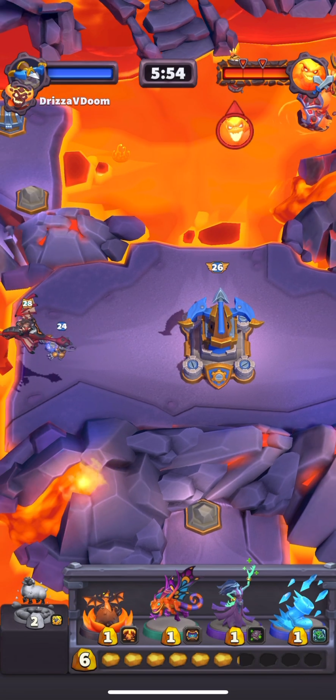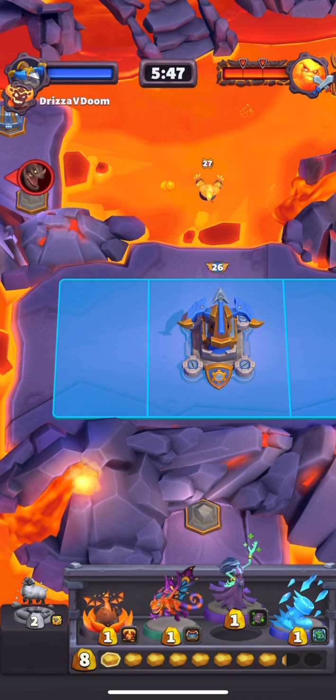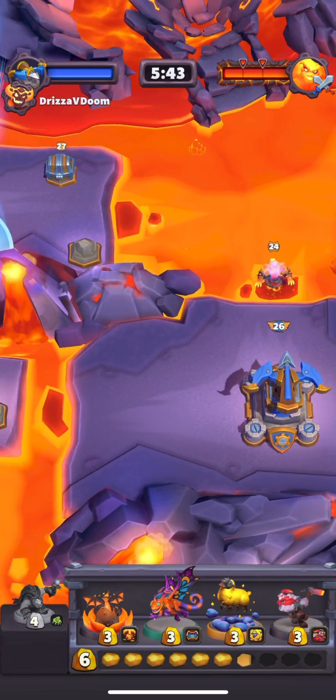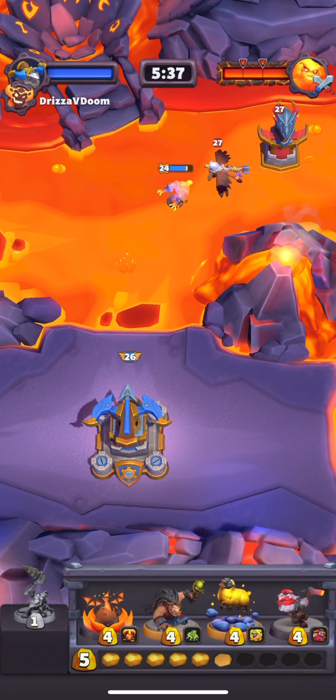If you are over-leveled or have good levels, you may be able to just brute force them down and ignore the towers entirely. However, I think if you're at a level disadvantage, the tower strategy is the preferred strategy. My partner is going to be doing most of the pushing, and I'm going to be doing most of the defending. So starting off here, I'm going to buff my ally's Chimera with my Fairy Dragon,